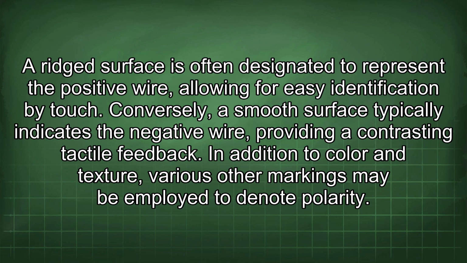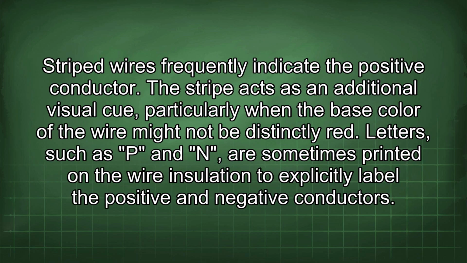In addition to color and texture, various other markings may be employed to denote polarity. Striped wires frequently indicate the positive conductor. This stripe acts as an additional visual cue, particularly when the base color of the wire might not be distinctly red. Letters, such as P and N, are sometimes printed on the wire insulation to explicitly label the positive and